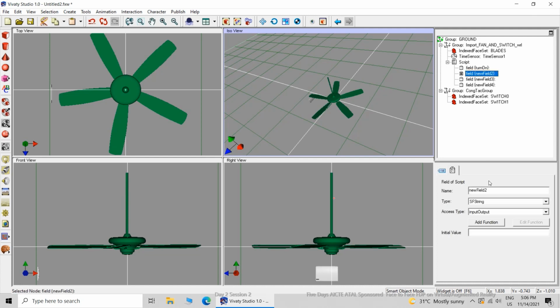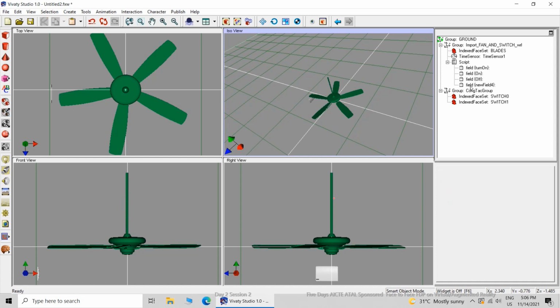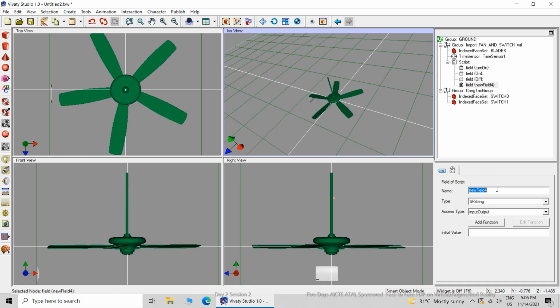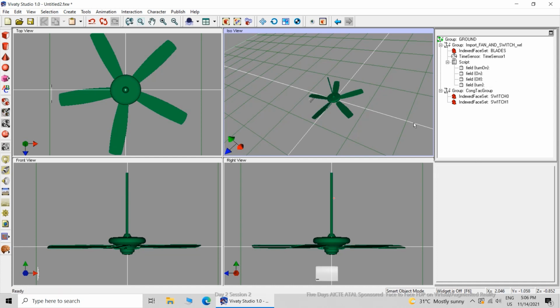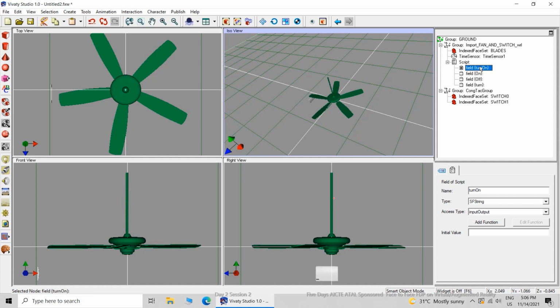The second field will be called on only. The third field will be called off. The fourth field will be called turn. 4 fields are there.